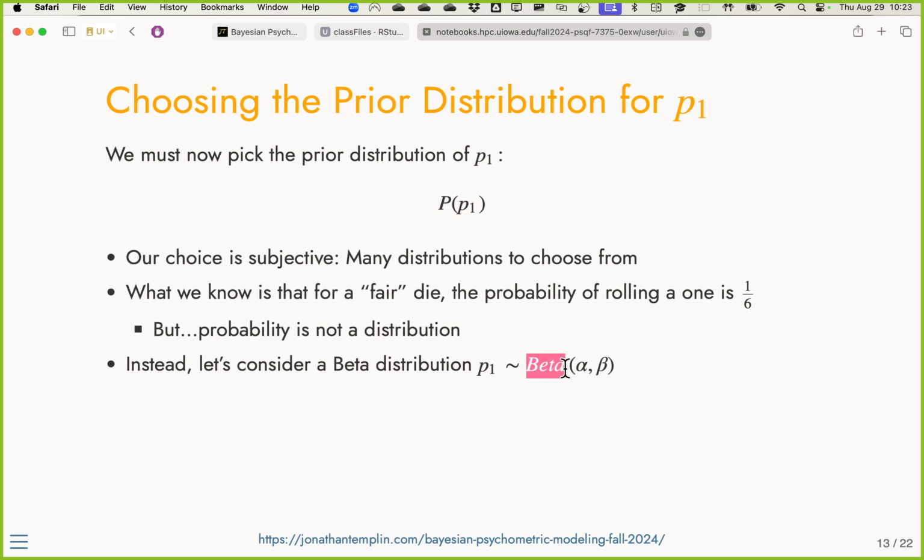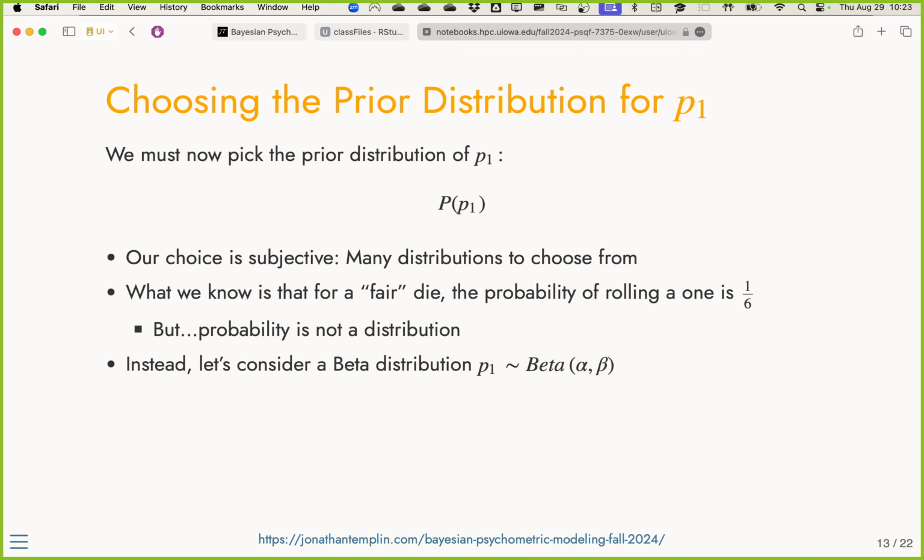Beta, kind of an interesting distribution, has 2 parameters. Unfortunately, one of them is often called beta as well. We have an alpha parameter and a beta parameter. Those 2 parameters describe the shape of the distribution itself. Whenever you start looking into distributions for priors, the first thing to do is recognize that a prior distribution needs to match the range of the parameter it's being applied to.